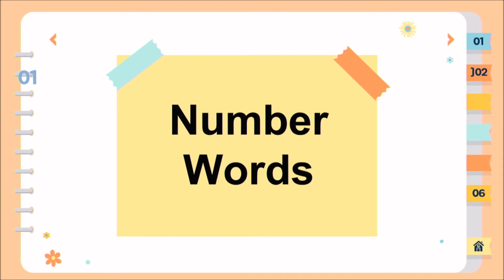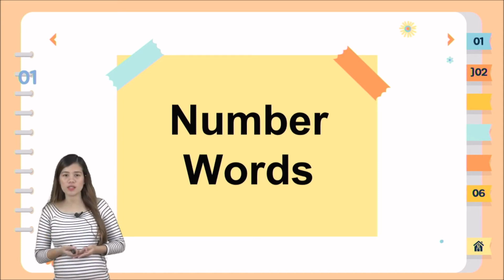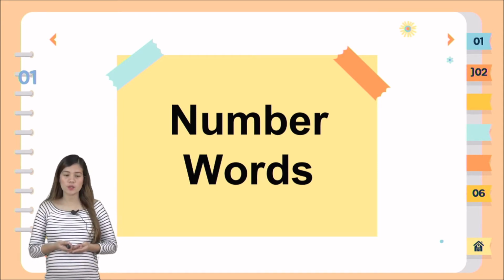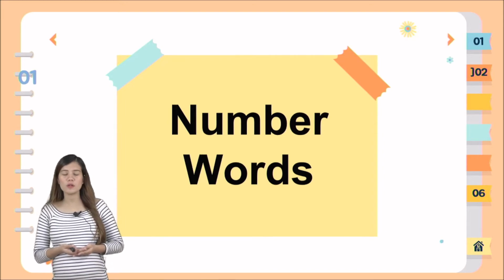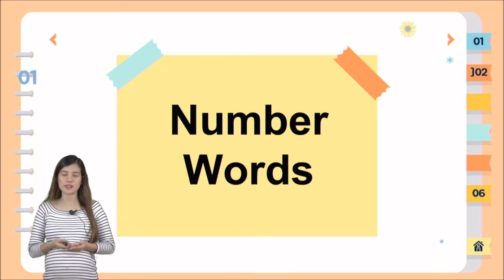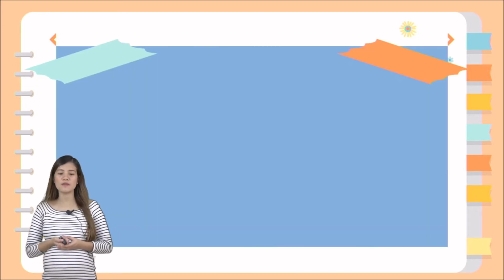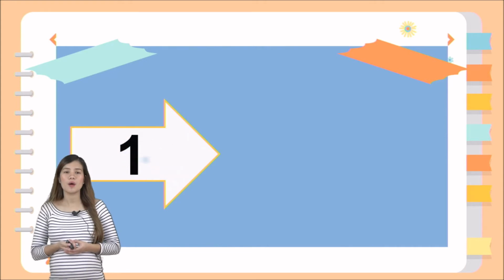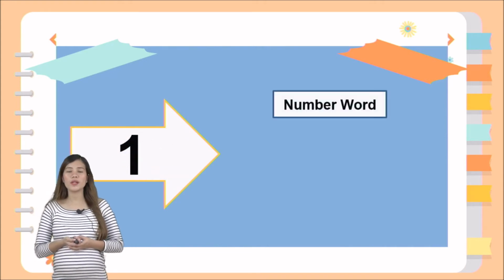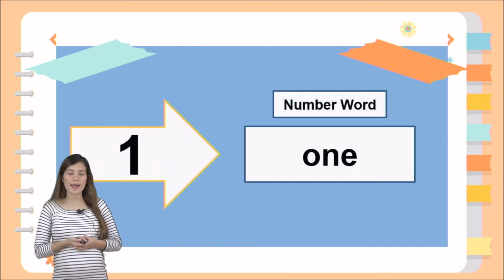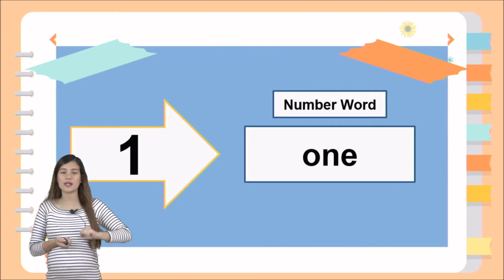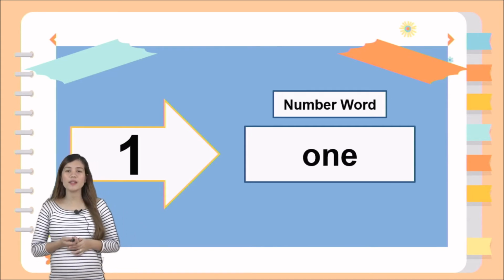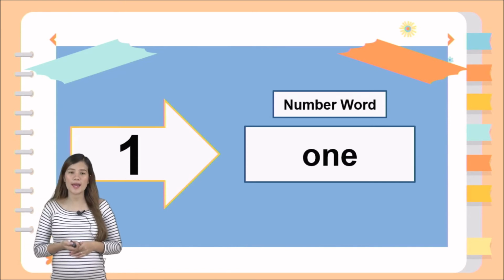Okay, those are the spelling words. Our lesson is all about the number words. Do you know the different spellings of the numbers 1 to 20? If you don't know, just listen to teacher. Let's study. The first one we have is number 1. The number word is O-N-E. It's only 3 letters. Again, kids, number 1, the number word is O-N-E.